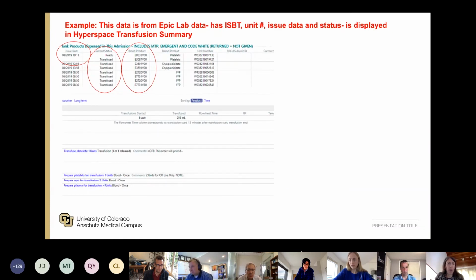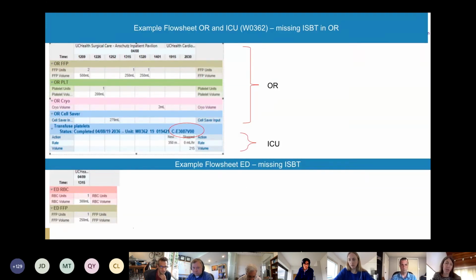So this is information that is coming from a laboratory source, and you can see here that we have the date and time under the issue date, and that was information that we needed. We had the status. So was it transfused or was it ready? Because if more is prepared than transfused, we can't go by what was prepared or issued and sent to the floor or the OR. We also have the blood product description, as far as the ISBT code. And then you can see there's other information that might be useful, including below, the number of units.